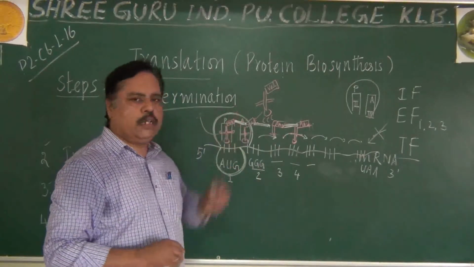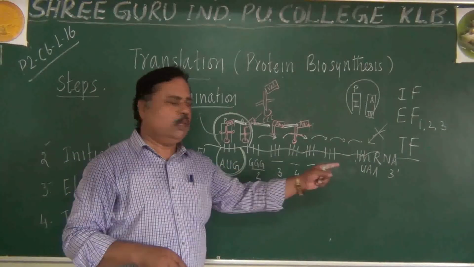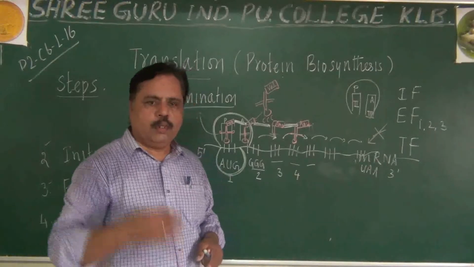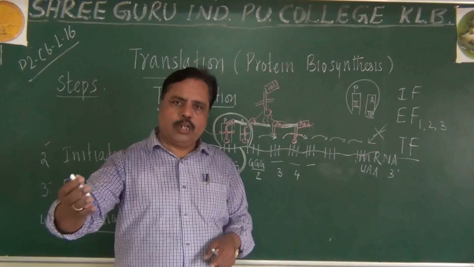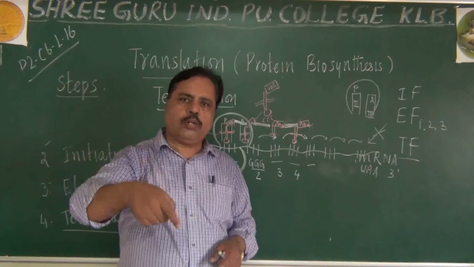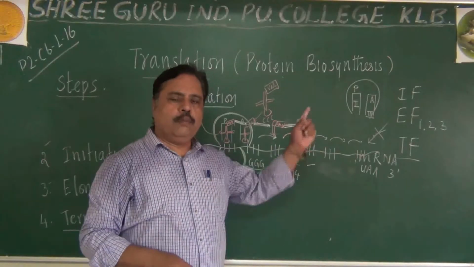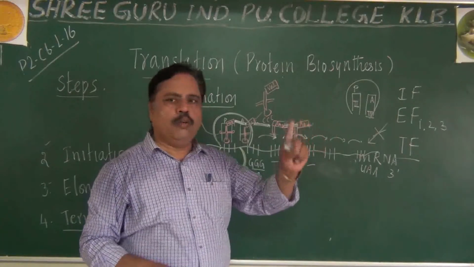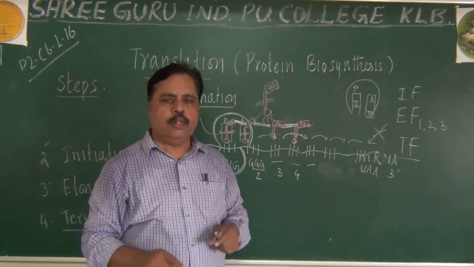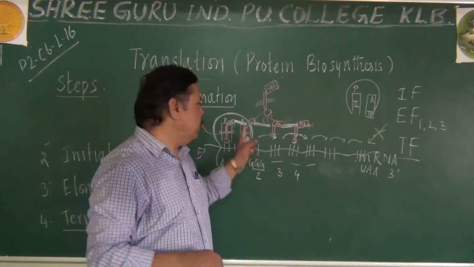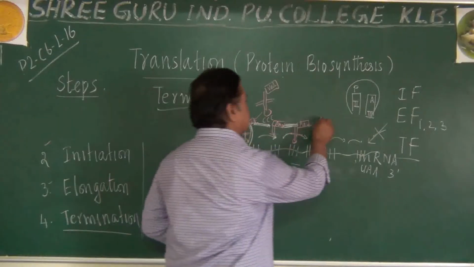After initiation, elongation. During elongation, the ribosome will move towards 3'. One by one, they will visit the codons. Upon each codon visit, one new tRNA will come and enter into the A site. And the previous tRNA will unload its amino acid on seeing the new one, and it will go out. Between the amino acids, a peptide bond will be formed, so that we get the amino acid chain.